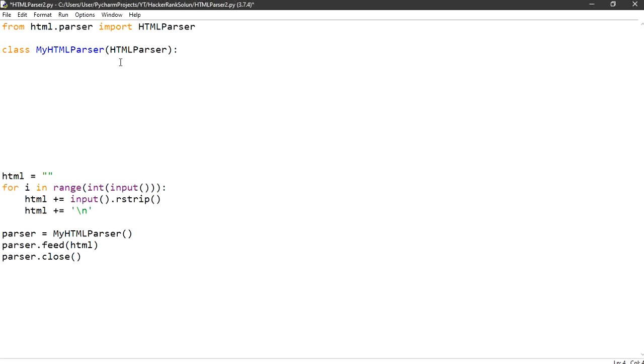So first of all, we need to have 2 methods: the handle comment method, and the second one, the handle data method, right? So we're going to write def handle_comment. It is going to have some attribute, of course.